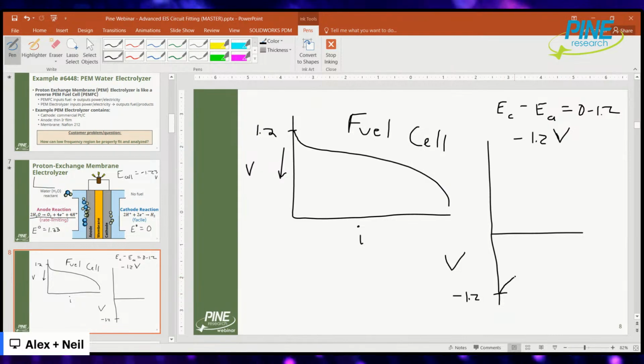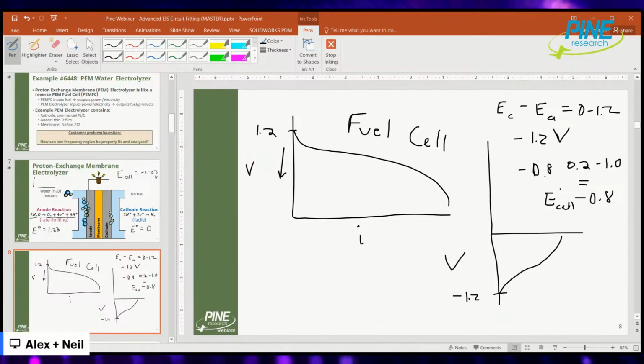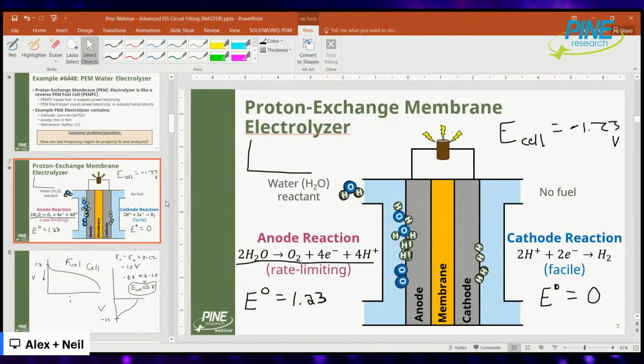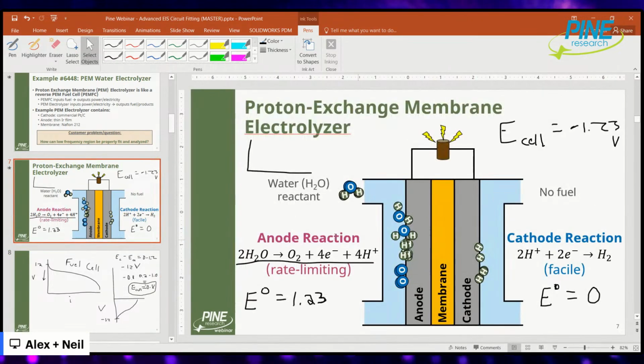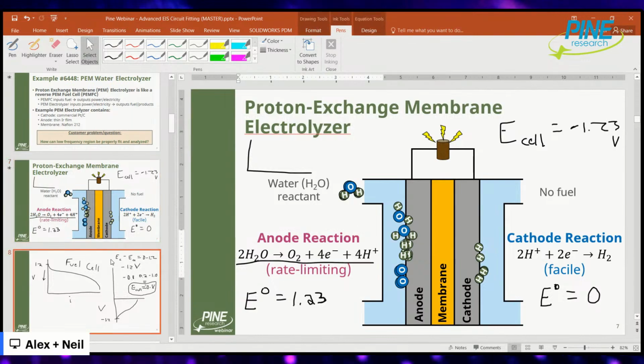So if I instead make it more positive, so if I have minus 1 volts, similar kind of phenomena, right? How do I get minus 1? Well, I could have 0.2 minus, I should do 0.8 again, minus 0.8. 0.2 minus 1.0, right? Equals minus 0.8. So if my E cell is minus 0.8 for my electrolyzer, right? What does that mean? Well, it means I have a voltage at the, I have to reverse my nomenclature here, at the anode of minus 1, which means it's higher, which means it's driving the oxidation, this is what I'm trying to do. I'm trying to produce oxygen. And then at the cathode,